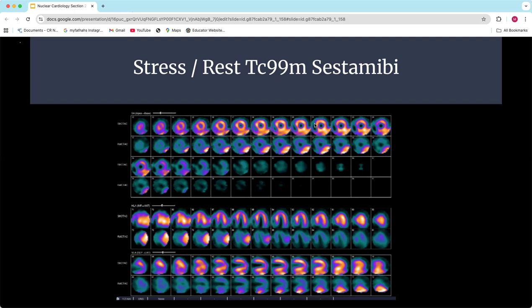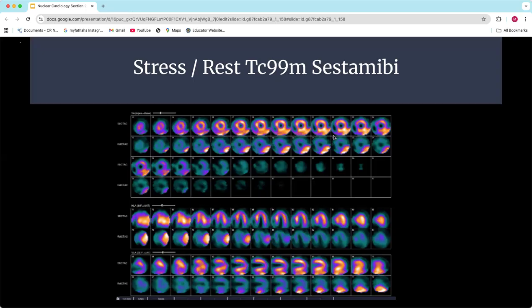What you're noticing on here is that if you looked at this, you might think, man, that rest scan, there's no perfusion in there. There actually is perfusion in there, but you've got this huge amount of gut that's coming over, and you'll notice that it's blocking that inferior lateral wall. Because there's so much down there, it's brightened it up. So we literally can't see the inferior wall on this. So that's a problem, right? Because you can't diagnose something if you can't see the inferior wall. You'll notice on the stress that it's similar. It's a little better. I feel like we can sort of see the inferior wall.